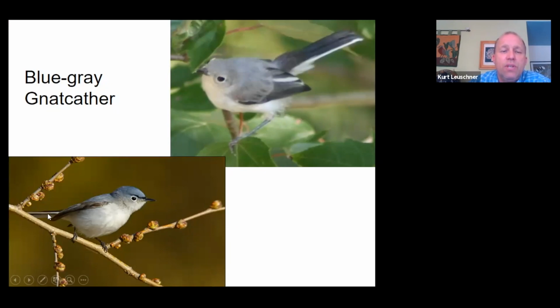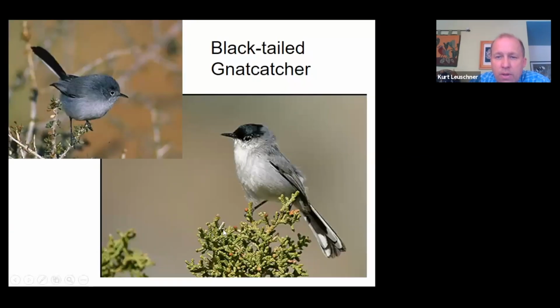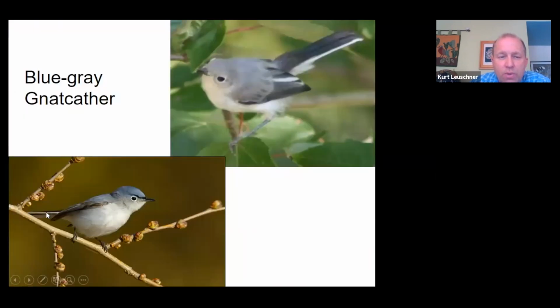The trick is to see the underside of the tail, which is hard to see. Here you can see some of it, but in a blue-gray gnatcatcher, most of the underside of the tail is white. There's just a little bit of black there. On the underside of the black-tailed gnatcatcher, it's mostly black with some white scalloping near the tip here. But it's mostly solid black, at least 2/3 of it. So mostly black, some white, or mostly white with just a little bit of black on the sides differentiates the